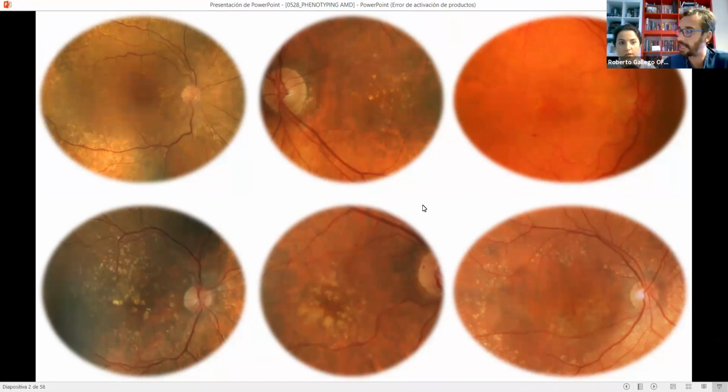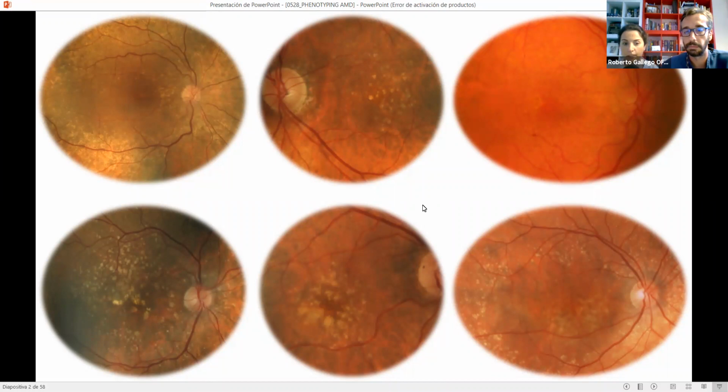And how do you stage that within AMD? What's your staging with that image? No, if I only see hard drusen, I normally stage as aging, not AMD. I understand. Then when you see a small drusen, but I don't see any here, maybe the third one, but I think there are subretinal drusenoid deposits. So the rest, the 5 other patients, I think they are more on the